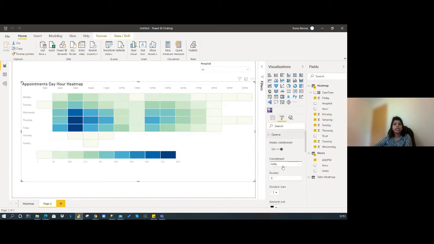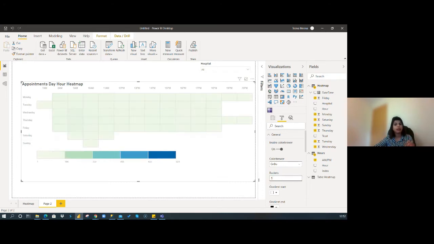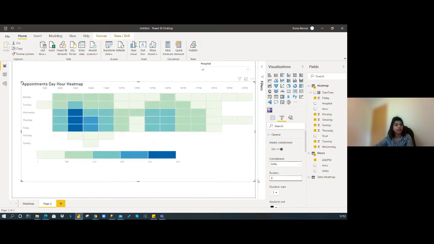So you can change the color theme, like I said, according to your business. I usually use this one, or you can use blue green or green blue, whichever you want. And you can change the bucket. By default it was 5, but the maximum it can make is 9.